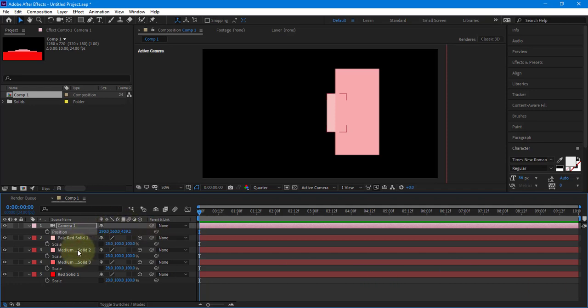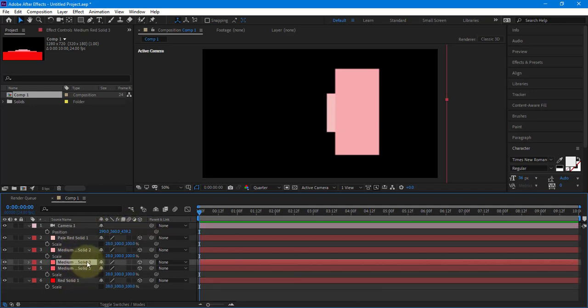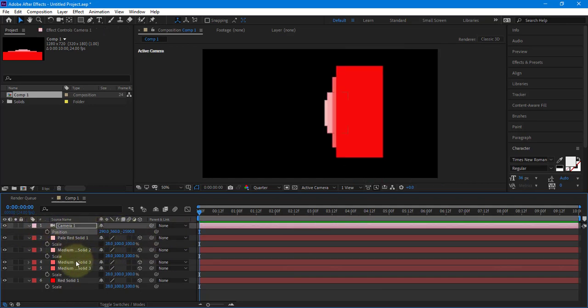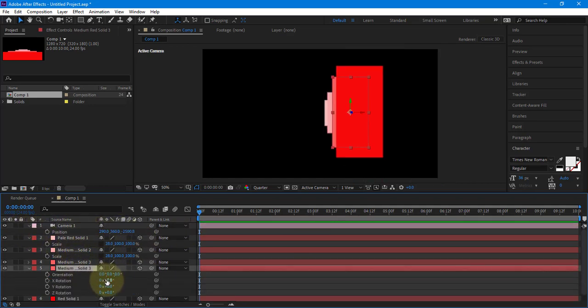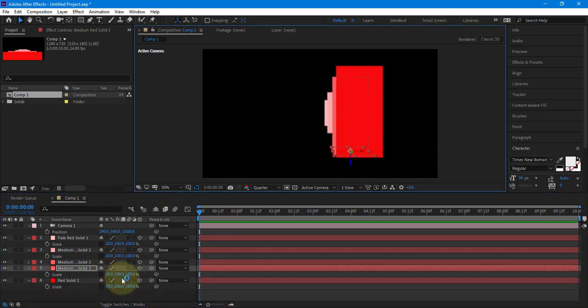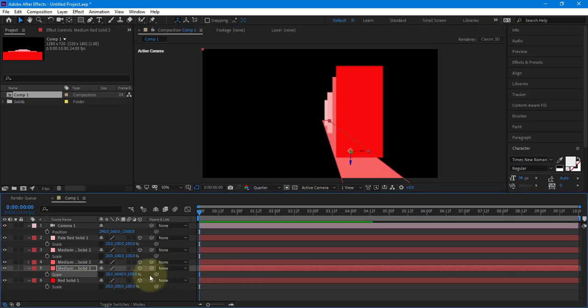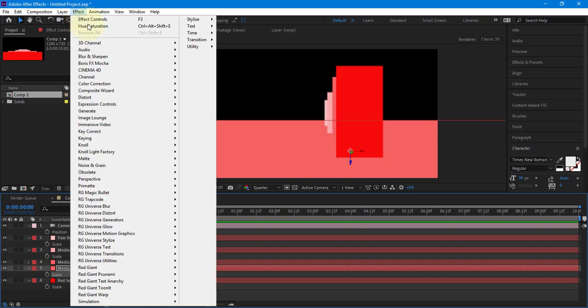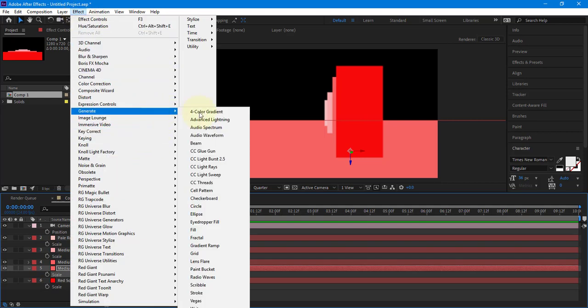So let me go to one of these other layers here like this one. I'm just going to duplicate it. Let me pull my camera back out of here. All right, so I duplicated this one. I'm going to rotate it in the green direction, 90 degrees. Nope, that's not the right one. There we go. And then I'm going to move this down. And then I'm going to scale this up huge. There we go. And then I'm also going to put on a checkerboard,